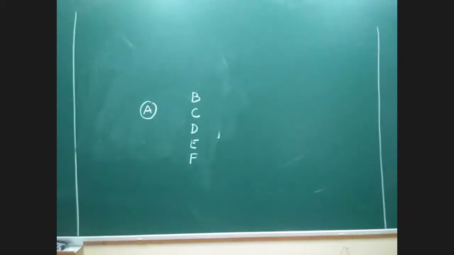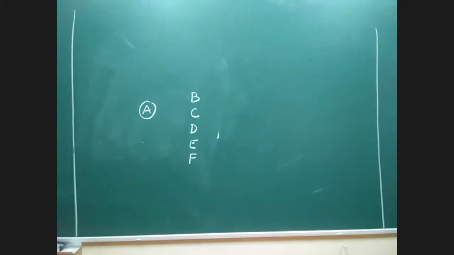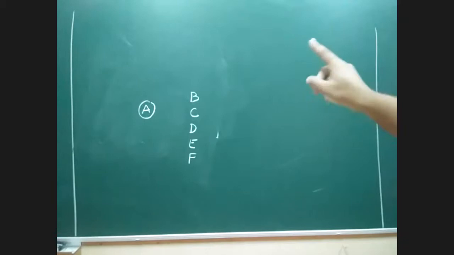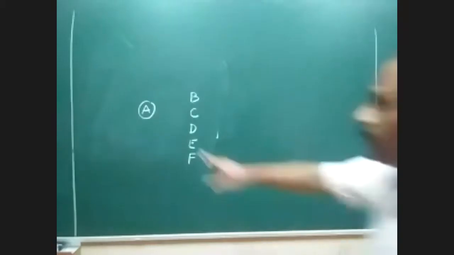A very, very simple and a novel idea here. The rule says the traveling salesman shall start his journey from the headquarters. Which headquarters? Obviously Jayanagar, where your office is situated. From A, he has to start the journey and he has to visit all the clients, all customers. Where are the customers based? They are at point B, point C, point D, point E, and point F. He has to visit all the 5 places, and at the end of the day, again, he has to come back to headquarters.